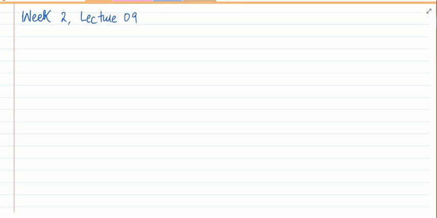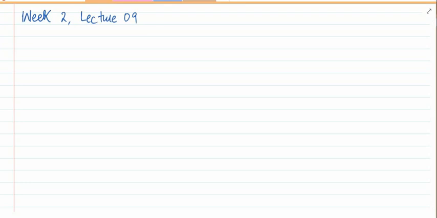Okay class, so today is lecture number 9, week 2, and we are going to continue with the matrices. In last class we had discussed how we solve the matrix multiplication, what is the condition and how we use that condition for matrix multiplication, and the arrow method which I explained to you in last class. I hope that all of you now have a clear idea how to multiply matrices.